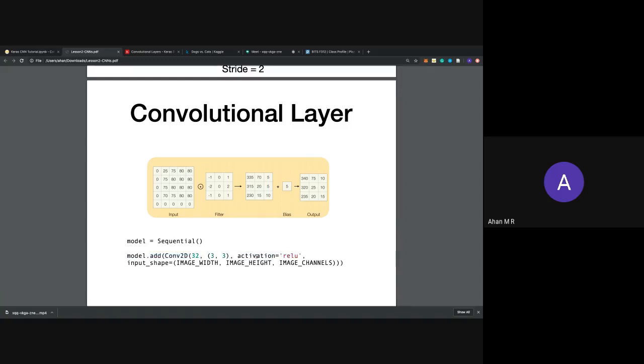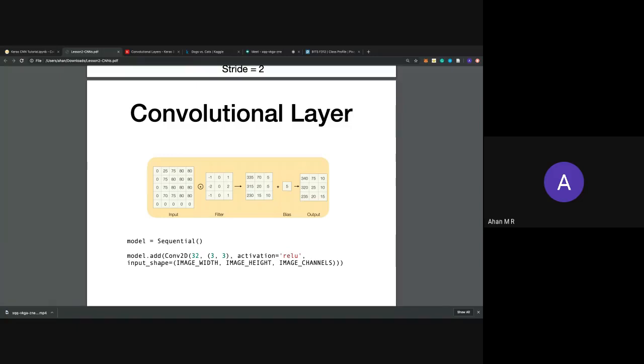And activation is ReLU. You can use tanh as well, or any other activation, but most of the state-of-the-art architectures use ReLU, and now there's leaky ReLU as well, and a lot of new activations. You're always encouraged to use newer activations, but ReLU is one of the activations we'll be using in the lab.